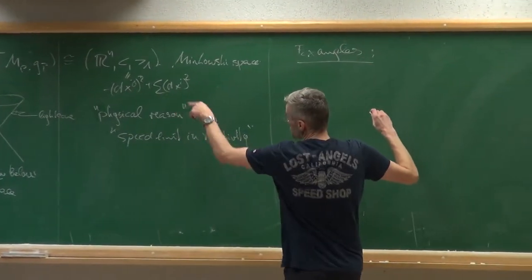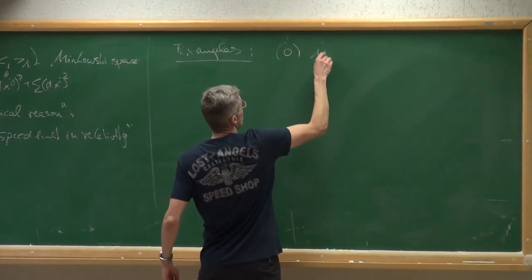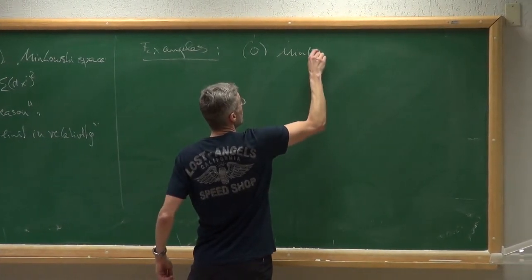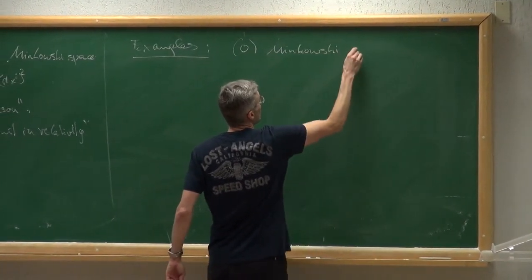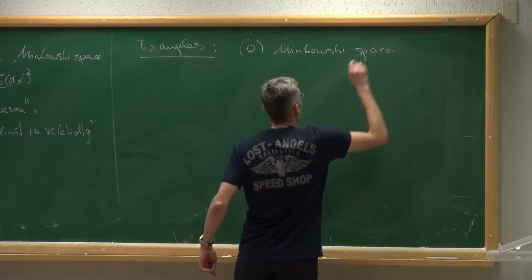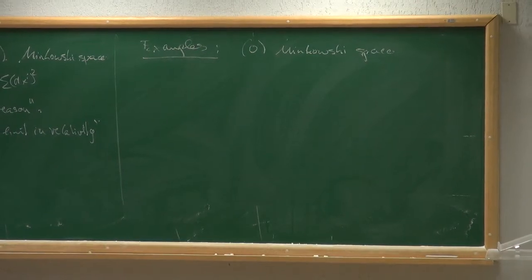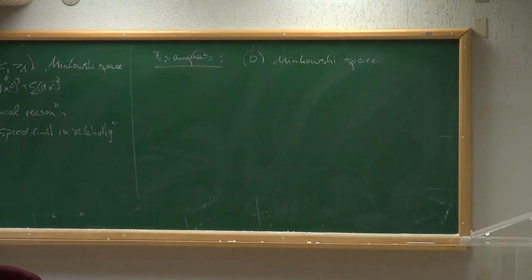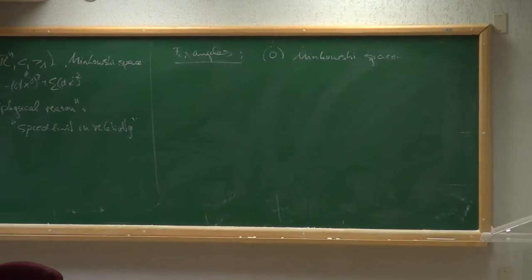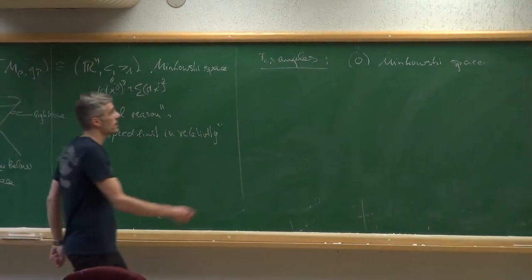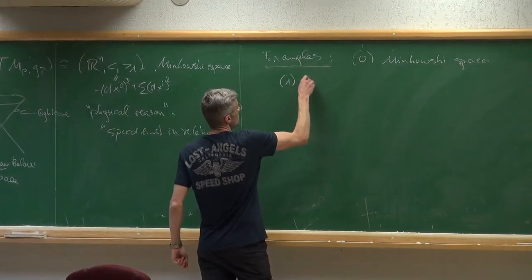So you've seen already the first one, yeah? The zeroth example is Minkowski space. That is always the thing, just like in symplectic geometry, the zeroth example is R2n with the standard symplectic form, no Cn. Okay. And the next one, what you derive from Minkowski space, is the so-called de Sitter space,